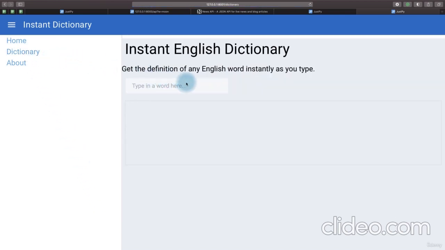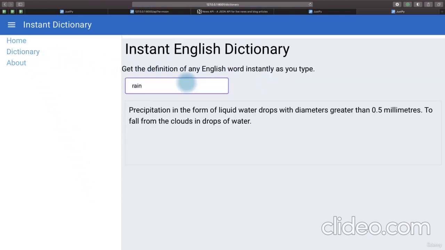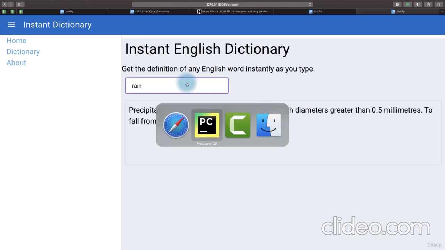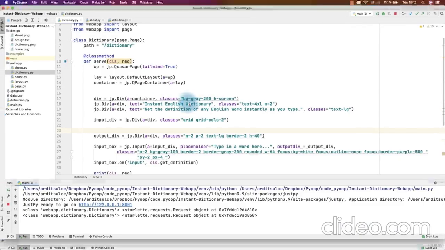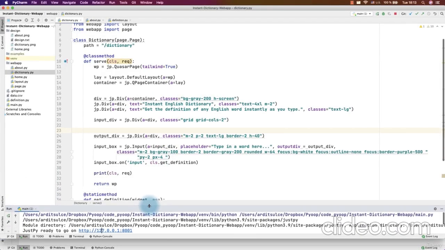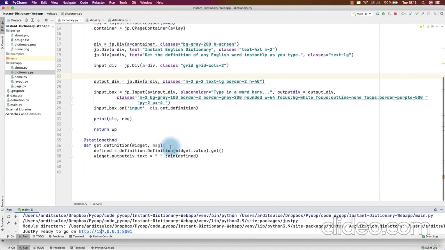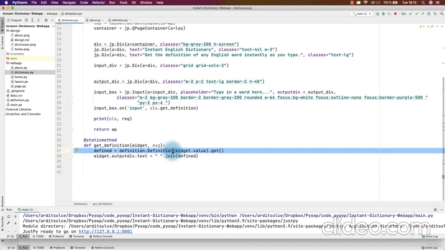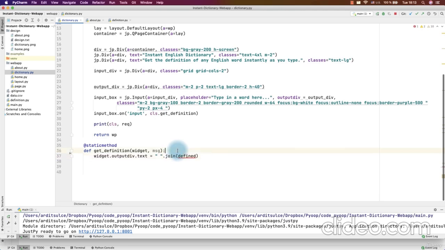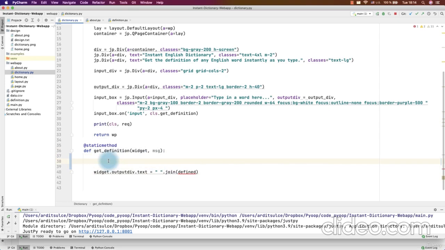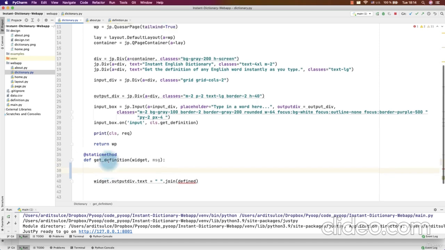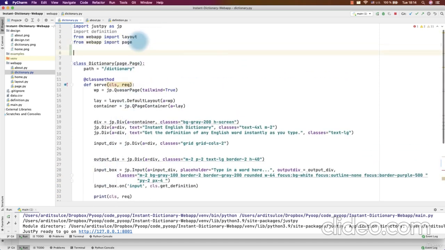So /dictionary, this is currently using the definition class directly, but we can change that, and it's usually a good idea not to use it directly. So instead of that, what we want to do is make a request to the URL of the API. To do that in Python, we need to use the